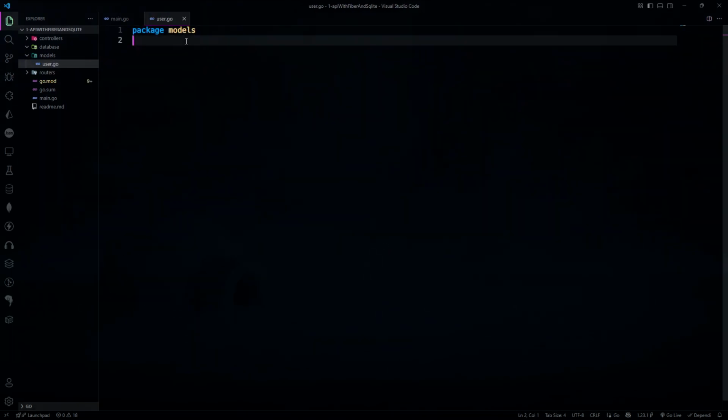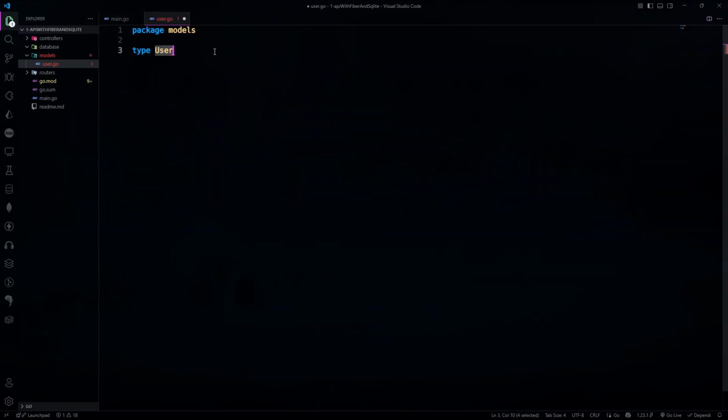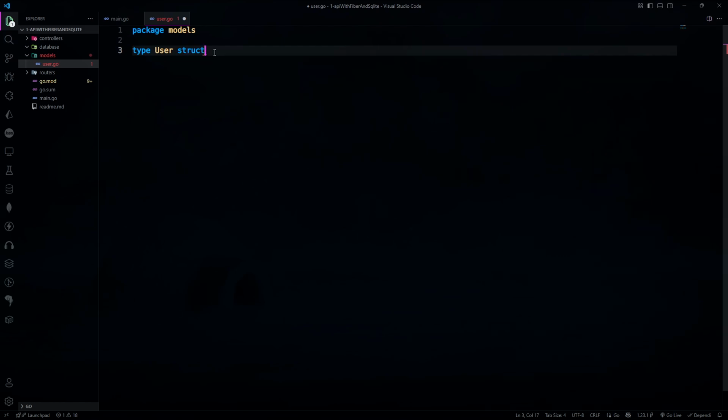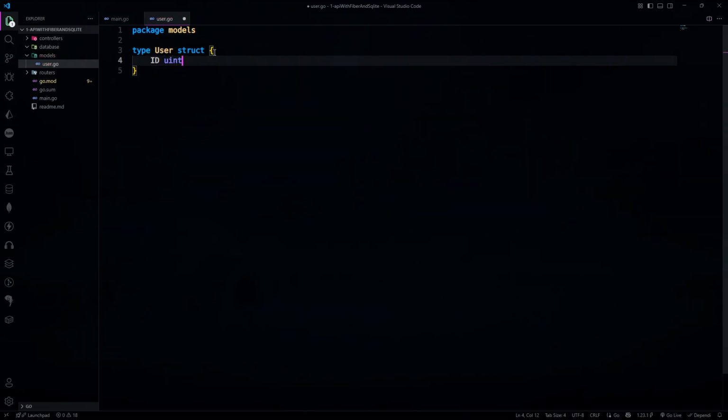Okay, you can create package models, and type user is the name for the model or the table, you can say, because it mimics a table in a database. Okay, the model name is simply the table name. Then id, and it's a primary key, it will be created automatically. You don't have to provide id while calling the API for creating the user. JSON id